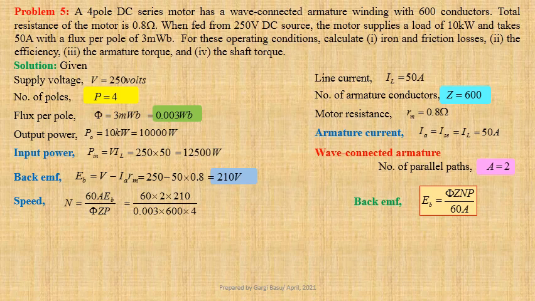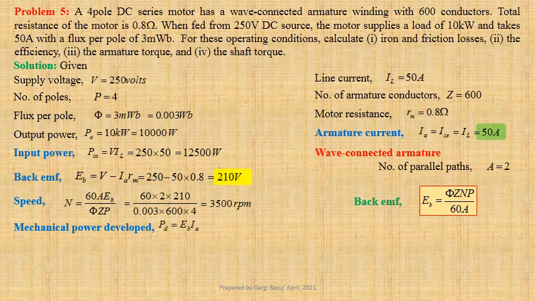That gives us 3500 RPM. Mechanical power developed PD equals EB into IA, that is equal to 210 into 50, that gives us